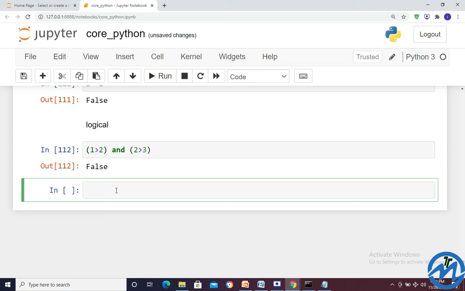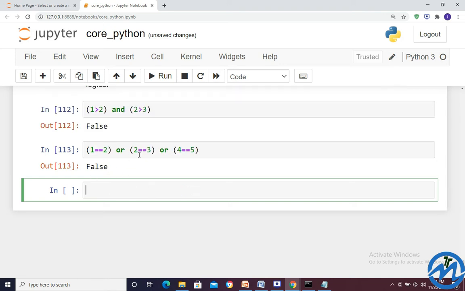In this manner we can write 1, 2, 4 and 2, 3, 4, 5.